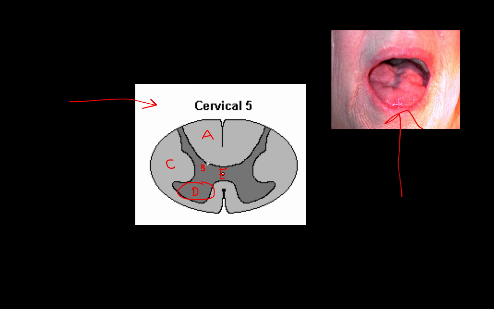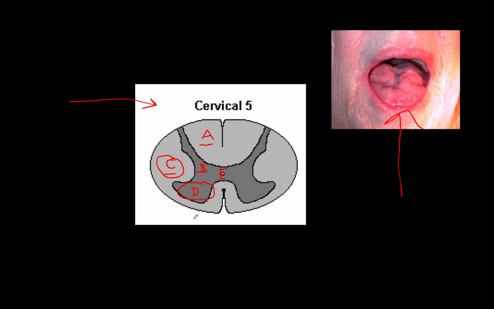So anytime you're just having axons, it's got to be in the white matter areas. So B is going to be our cell bodies for the spinothalamic system. So pain, itch, and temperature. You'll see those cell bodies there. So it's not going to be B because these are all nerve bodies. It's got to be either A or C. C. Excellent. Good. So this is going to be our lateral pathway, and this is carrying all of our axons